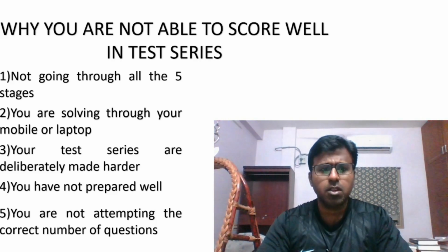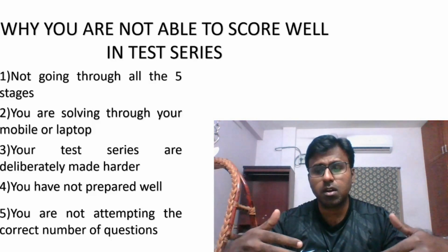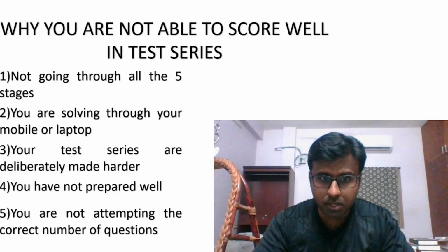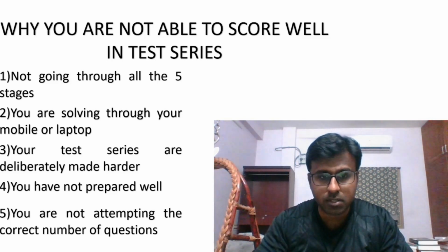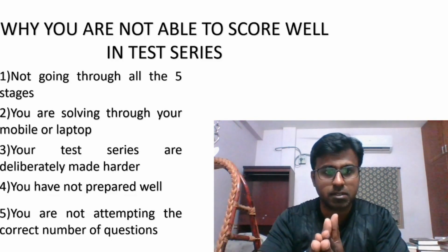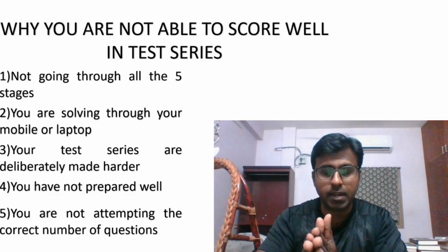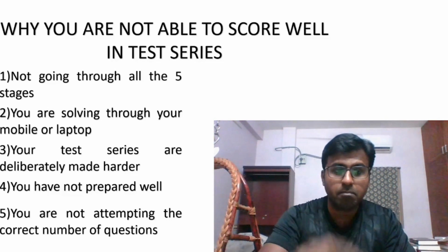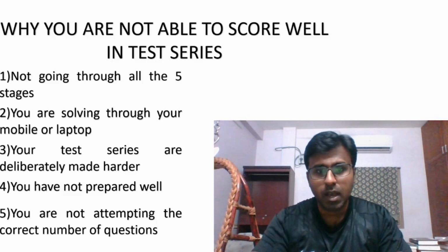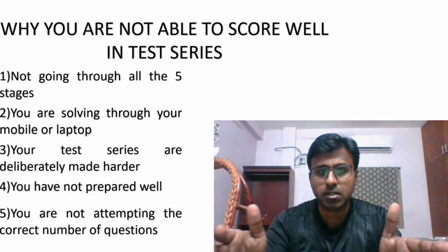And the next is that you are not attempting the correct number of questions. Let us assume you are attempting only 50 questions, or you are attempting 60 questions. As we have discussed, it is a 100 question paper, where you have to get a score of 50 net. In the previous video you would have seen, for clearing this cutoff you have to have a 15 net. So you have to have an appropriate number of questions attempted. And what is that appropriate number of questions? Next video is about how many questions there are.